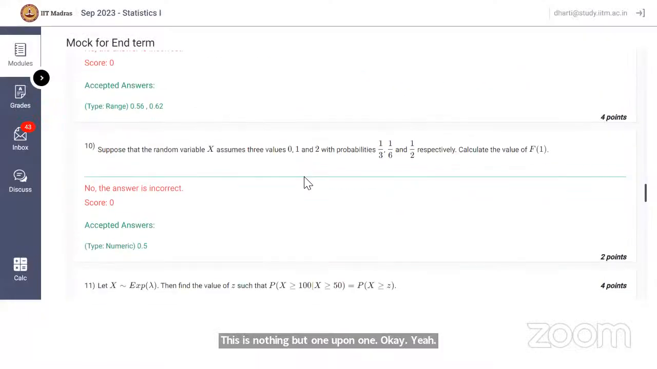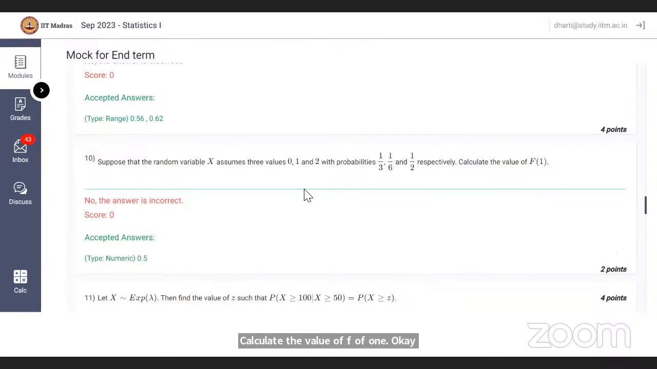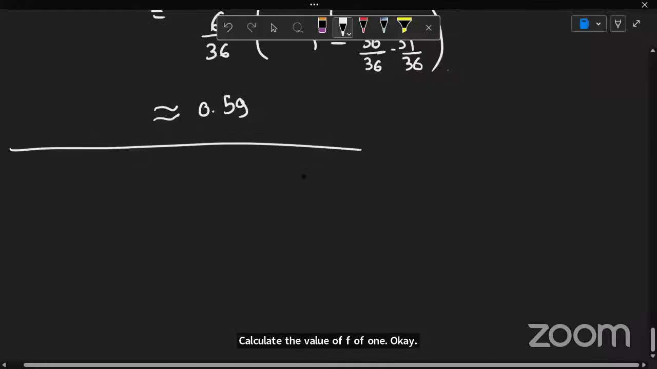Suppose the random variable x assumes three values 0, 1 and 2 with probabilities 1/3, 1/6, 1/2 respectively. Calculate the value of f of 1. Okay, what is f of 1? It is CDF only, right? Probability of